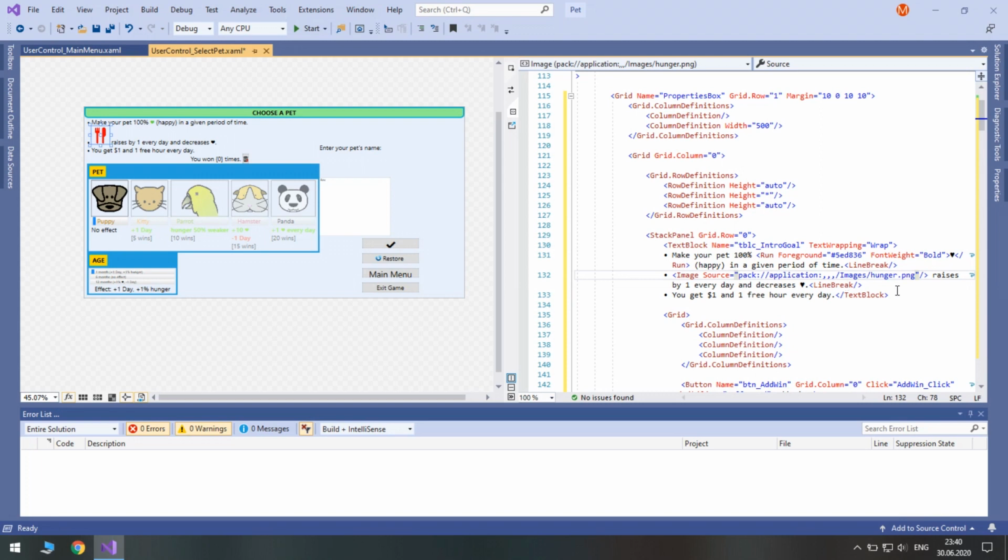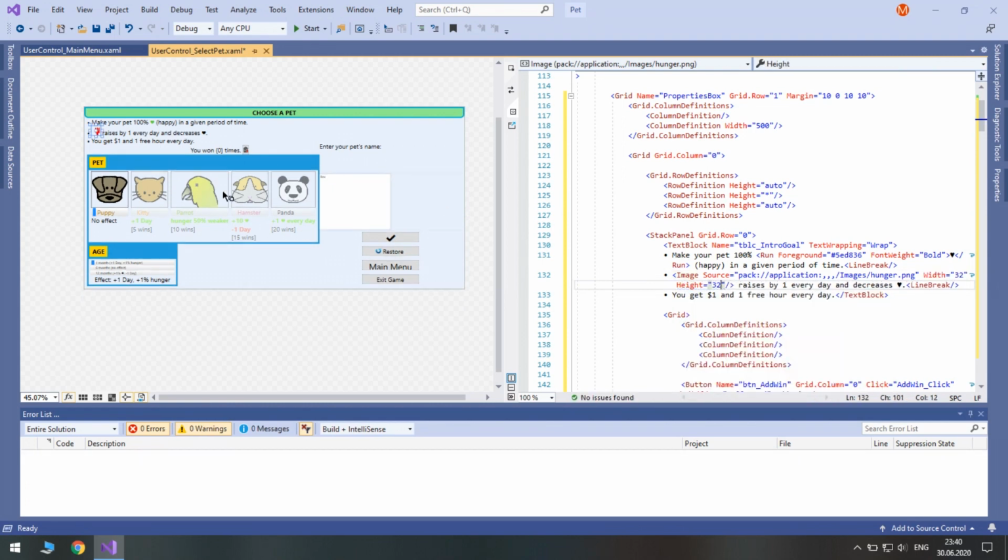Okay, it's too big. Let's decrease its width to 32 and its height to 32 as well.